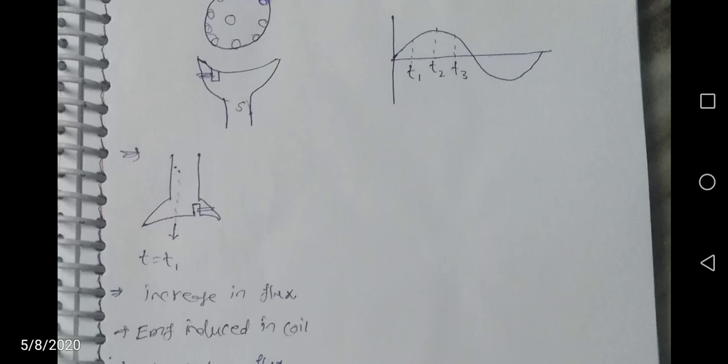And at time period T2, there is no rate of change of voltage. When there is no rate of change of flux in the shaded coil, the flux produced by the shaded coil is minimum and negligible. So in that condition, the main flux produced by the stator is concentrated in the middle of the pole.